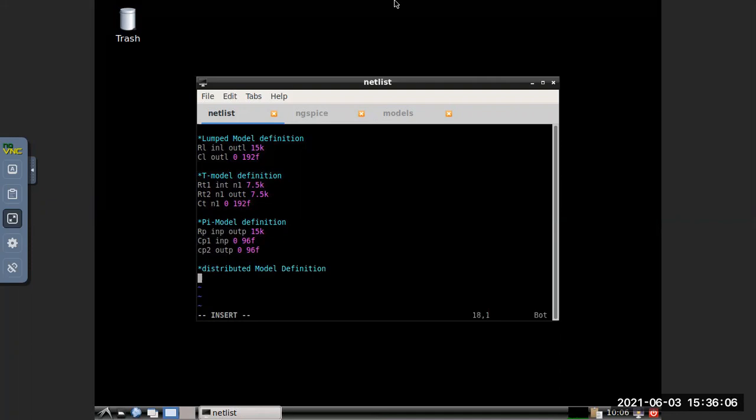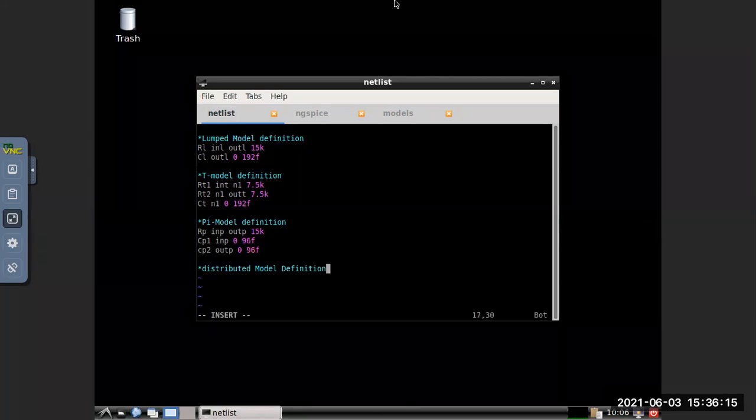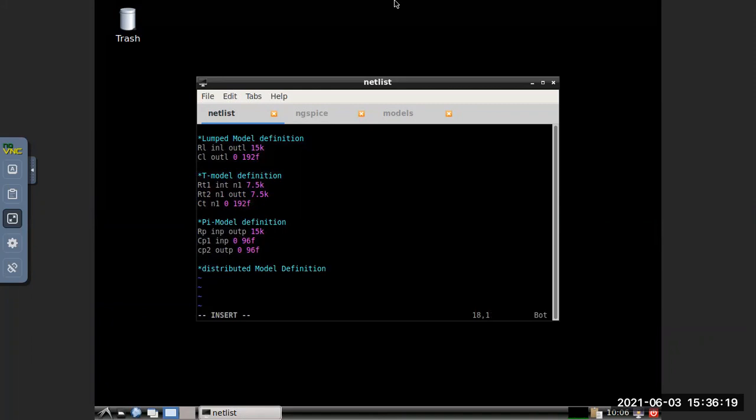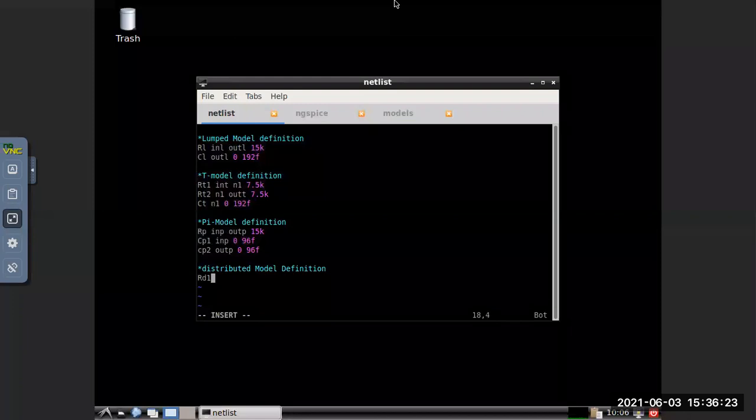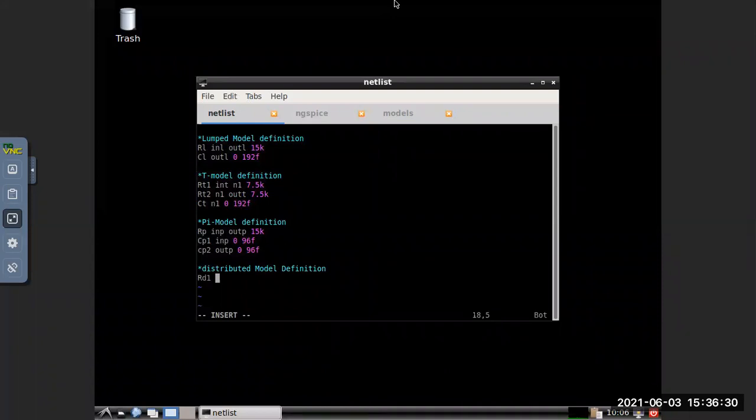Then RD1, you start with RD1. So N1, not N1, ND1.